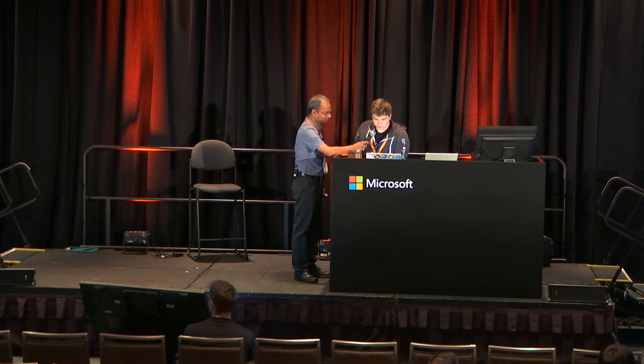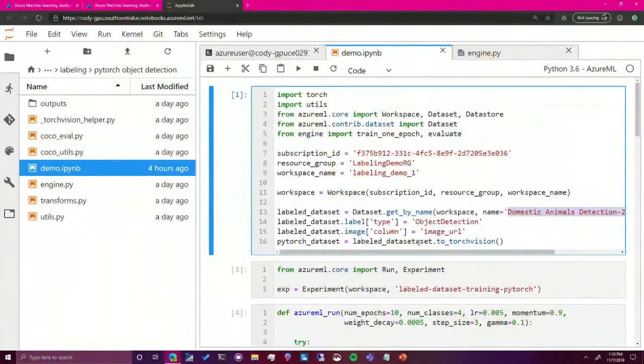First off, I'm just going to access my workspace. This is the same labeling workspace that we were using. And then I'm going to get my data set here, that same detected data set. Now I'm simply going to call labeled dataset.toTorchVision. This converts my labeled dataset into a PyTorch dataset that I can just use natively in any PyTorch training code, which is what I've done here below.